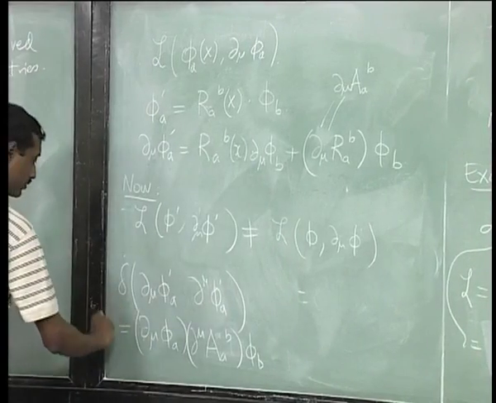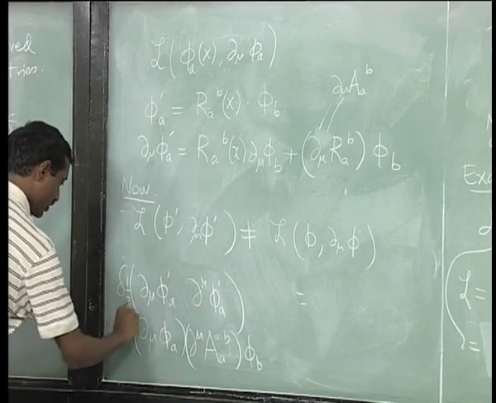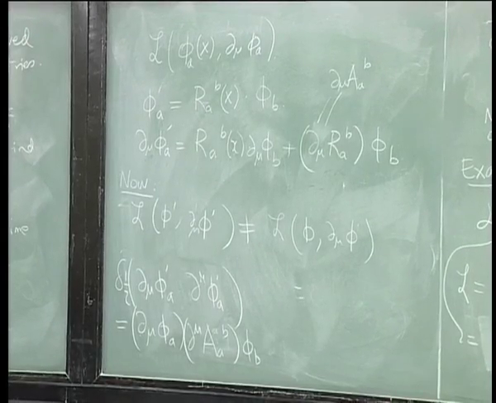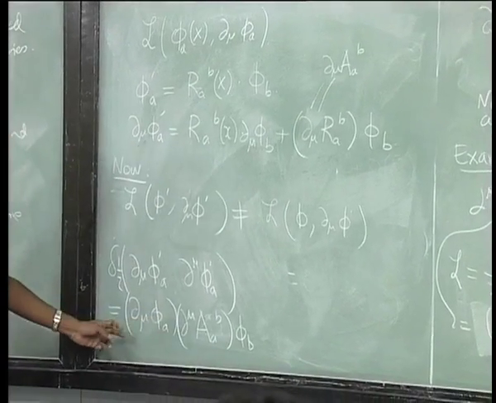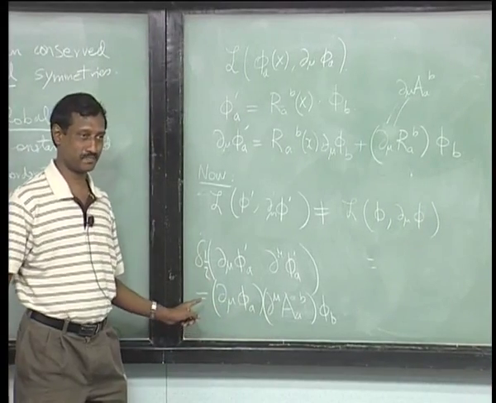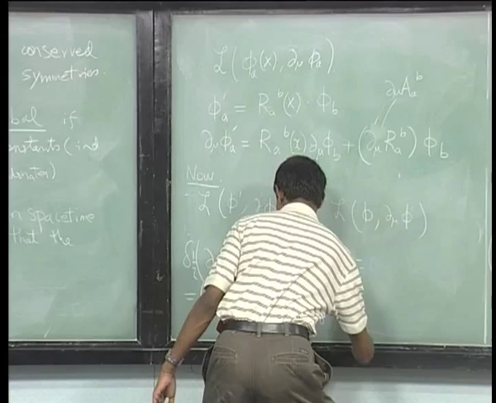And this is symmetric, so I can just write this with the half out here and leave it like this. Now you can see that the coefficient of d mu A B is precisely the current. So, I can rewrite this whole thing as